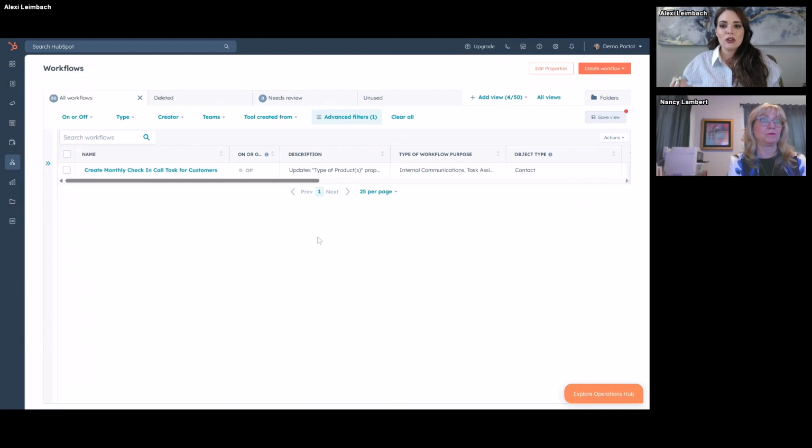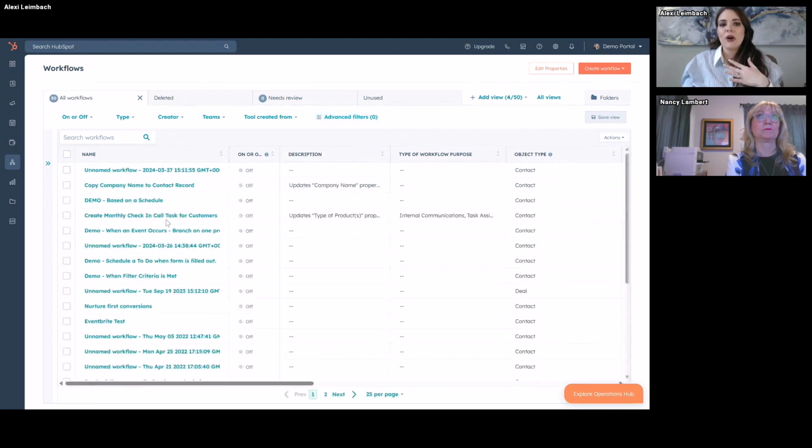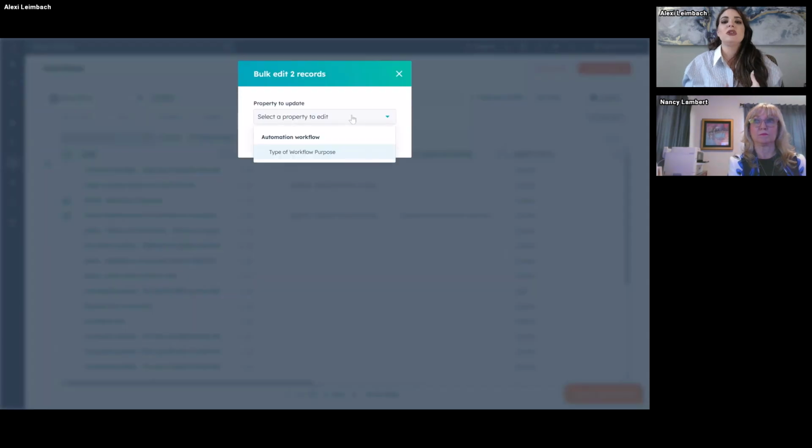And the way that you can edit a workflow property, I'm going to click clear all. It's the same process of editing properties in your contacts view or your companies view. So I'm checking a box to the left-hand side, and you'll see this edit here. This is where I'll click edit, and then now I can drop down to edit any custom workflow properties I've created.